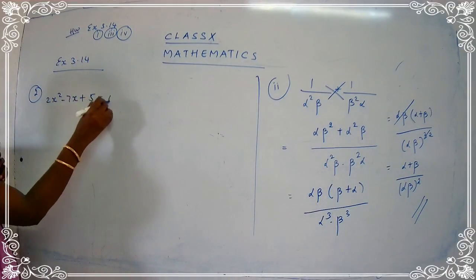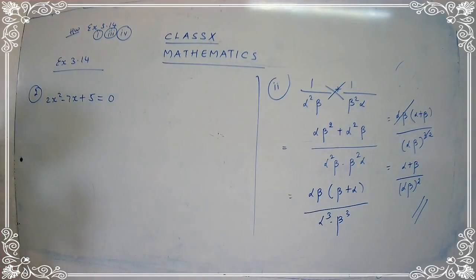Okay, this is the equation given to you. And they're saying that the roots are alpha and beta. What are the roots of the equation? The roots of the equation are alpha and beta. So now what are you going to do? You have to find out the value for 1 upon alpha plus 1 upon beta, alpha upon beta plus beta upon alpha. Then the third question they have given is alpha plus 2 upon beta plus 2 plus beta plus 2 upon alpha plus 2. This is a very easy question children.